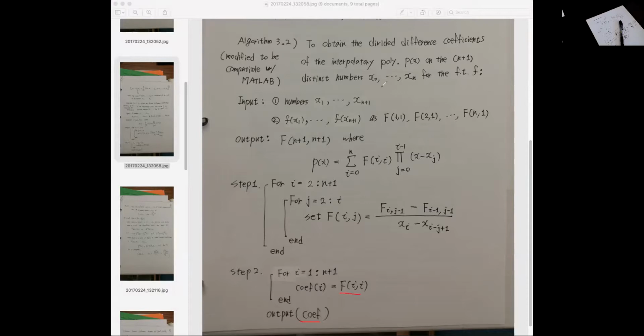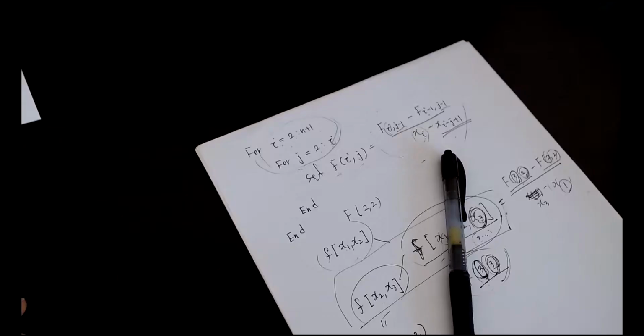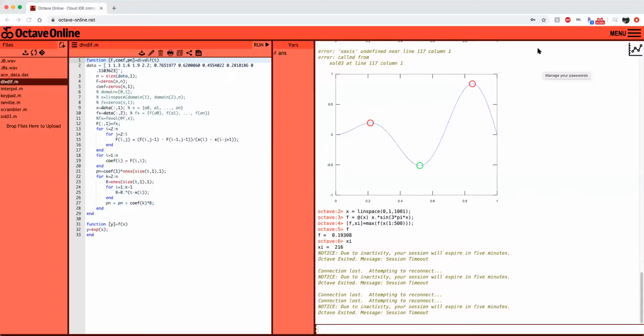Okay. All right. So give me a second. So okay. So see. All right. Okay. So I already wrote the code. Okay. So divdif, that's the function name. So right there. Okay. So in this function, give me a second. Okay, in this function,